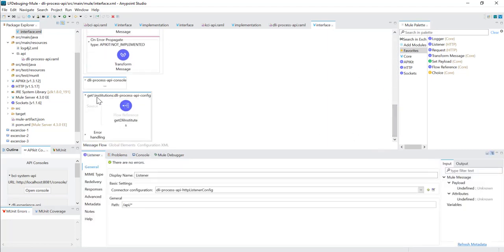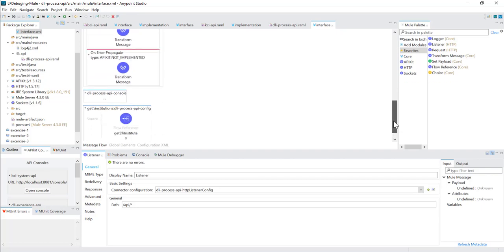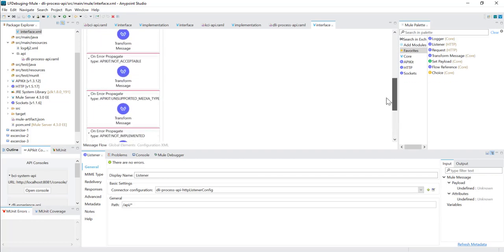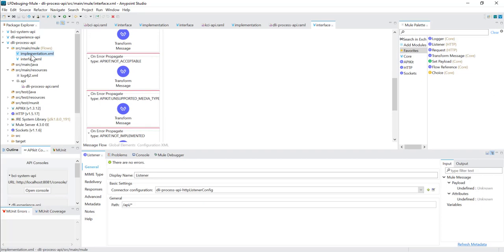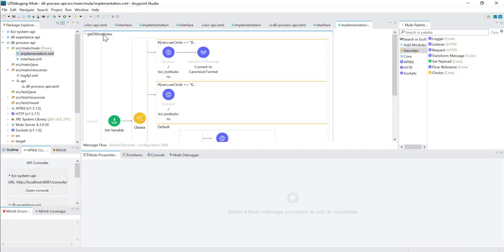It will be forwarded to this section, and from here it is going to use this flow reference to send the request data to the implementation. So in the implementation, if we see, this is the get DLI institutes flow being called using flow reference, right?